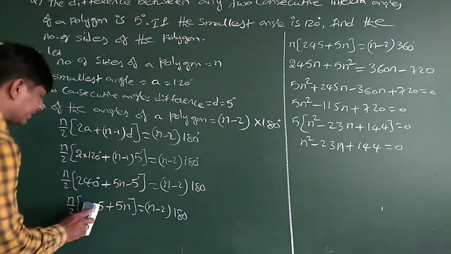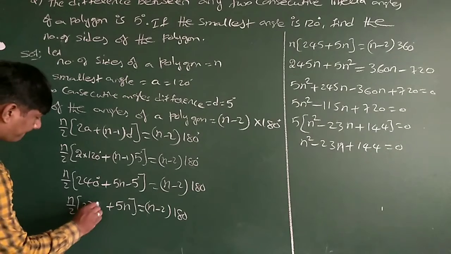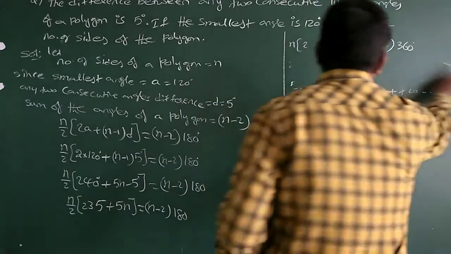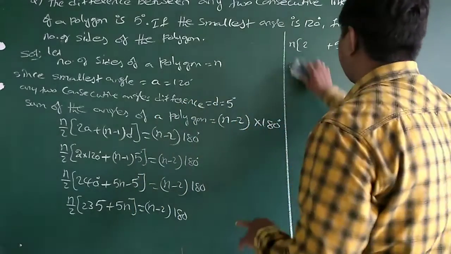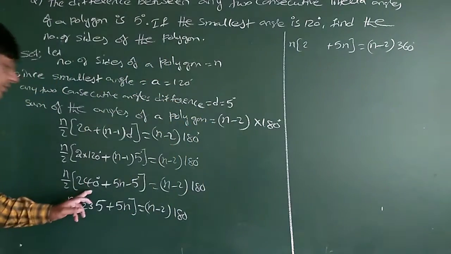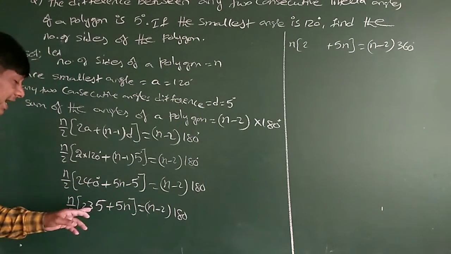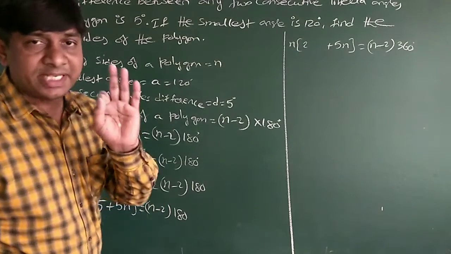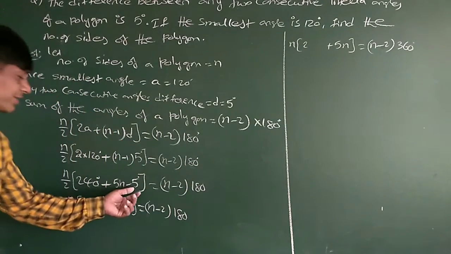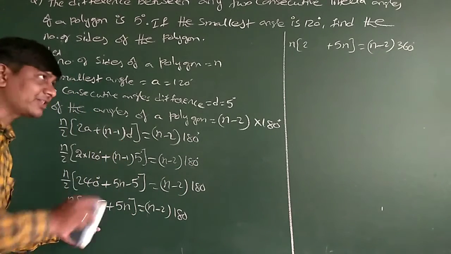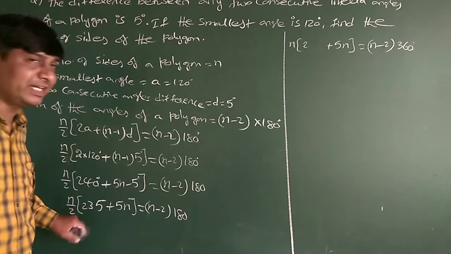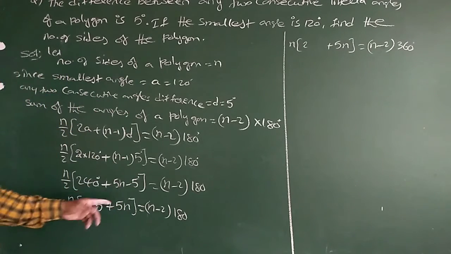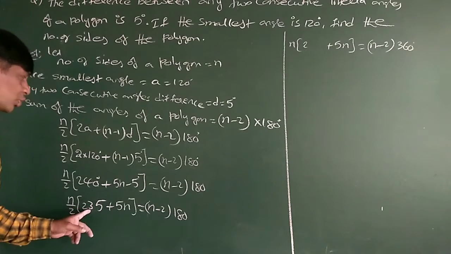Here is a mistake. It is 235. That is the correct answer. Sorry, I repeat, that is a correction. 240 minus 5, I added instead of subtracting here. 235 it is, not 245. Please correct that one. There is a small mistake. Instead of subtraction, I added there previously, so it is 235 only. Please correct that one. I regret the mistake. So 240 minus 5 is 235.